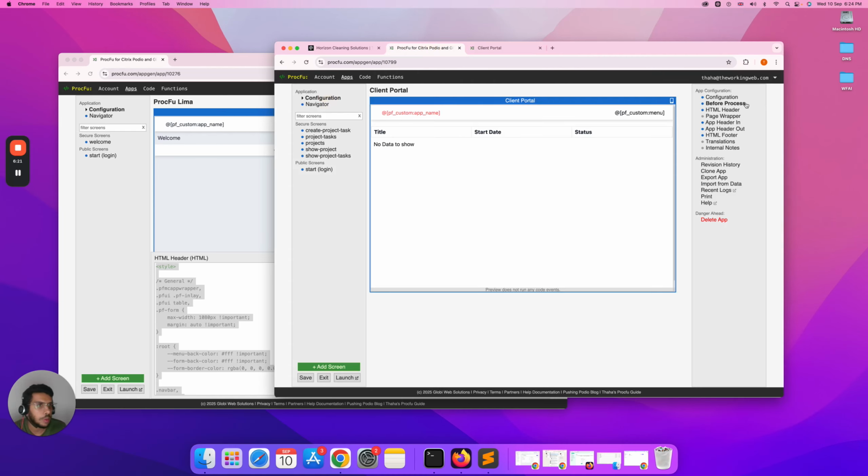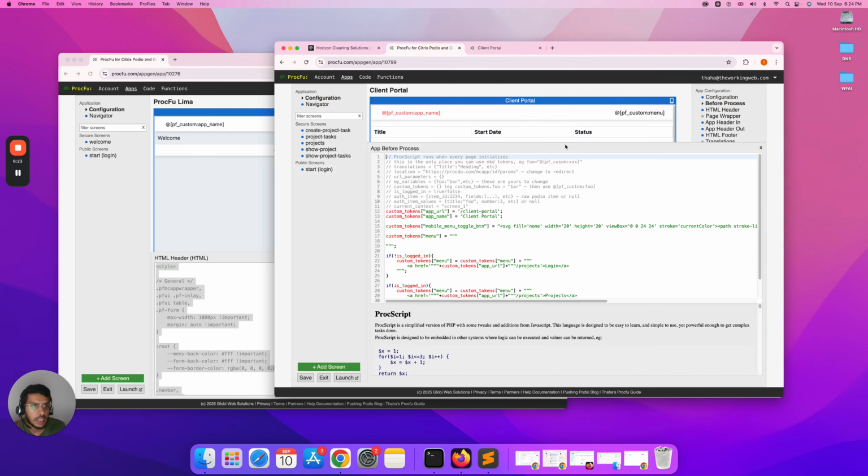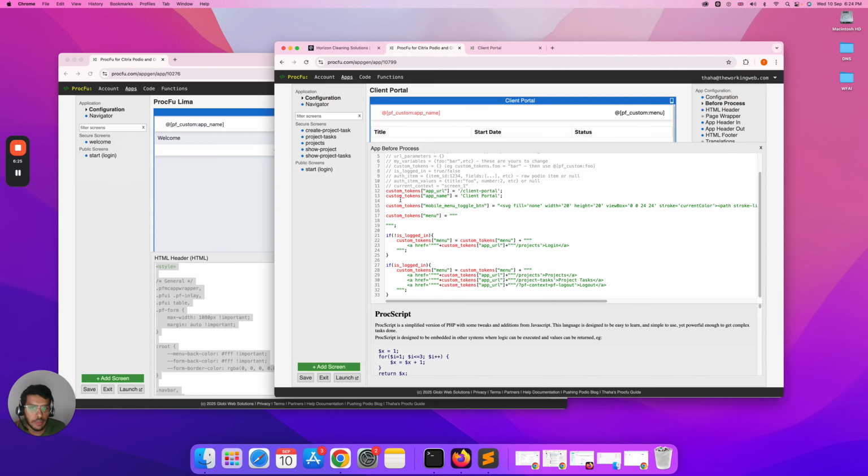So once again, let me walk you through what has happened. In the before process, we are creating some variables. One variable is app URL. We are creating this variable because it's going to be reused. Maybe in your project it is not client portal, it can be something else. And if you're not going to be using the URL with the mini app ID also, you can do the same thing. And then we create a menu called custom token called menu, and then we are just going to